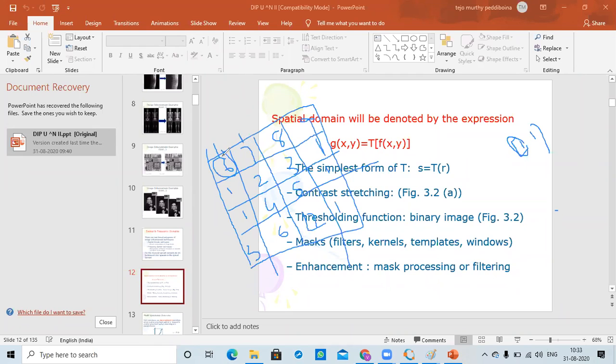Both we have to take 6 plus 7 by 2. What is 6 plus 7 by 2? 13 by 2, 6.5. That means the 6.5 rounded off, then it will become 6 only.